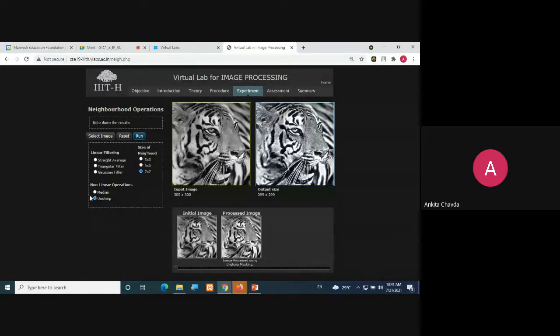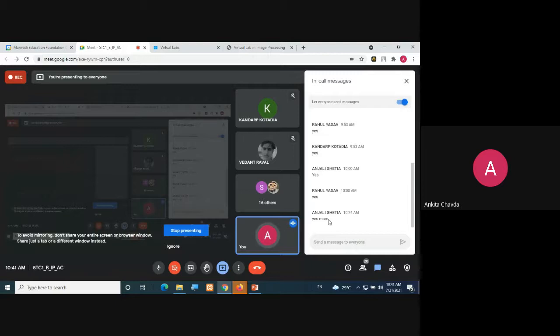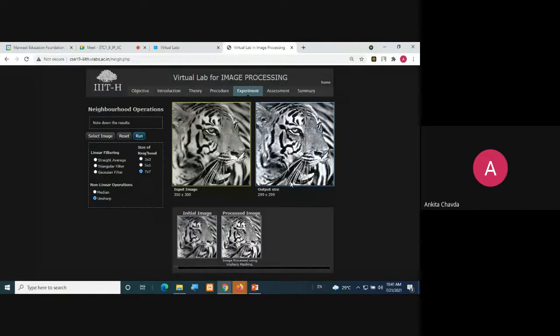We will run with the unsharp one. See, the clear features, very sharp features, right? That is what the name itself says, unsharp. Fine. So this is all about these different filtering techniques which we haven't seen in the theory yet. We are going to see them, but if you have seen the results, you will have a better idea.